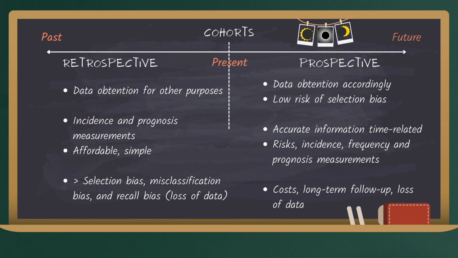One of the limitations within retrospective data obtention is that quite often the data source was not meant for the purpose of the study, whereas in prospective cohorts the data obtention is more accurate since it's executed according to the purpose of the study. Retrospective cohorts will be useful for incidence and prognosis, and prospective cohorts can also provide us